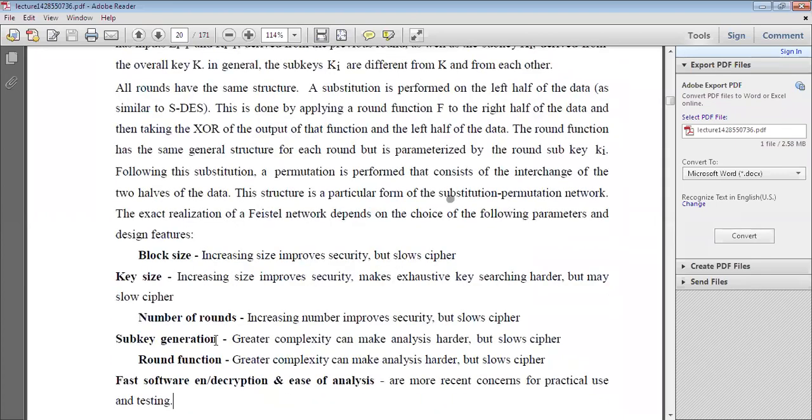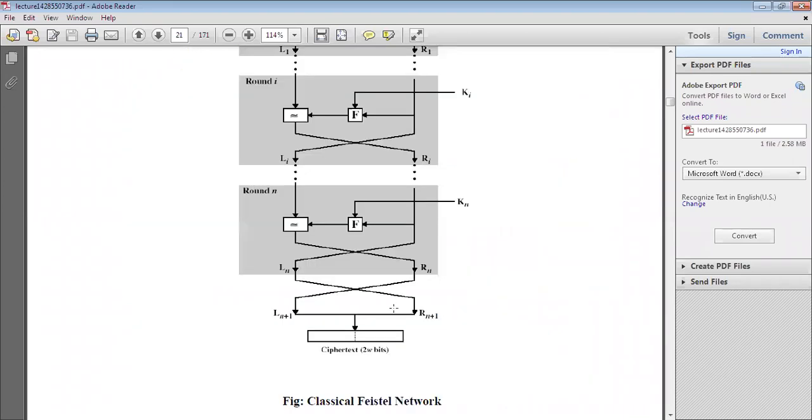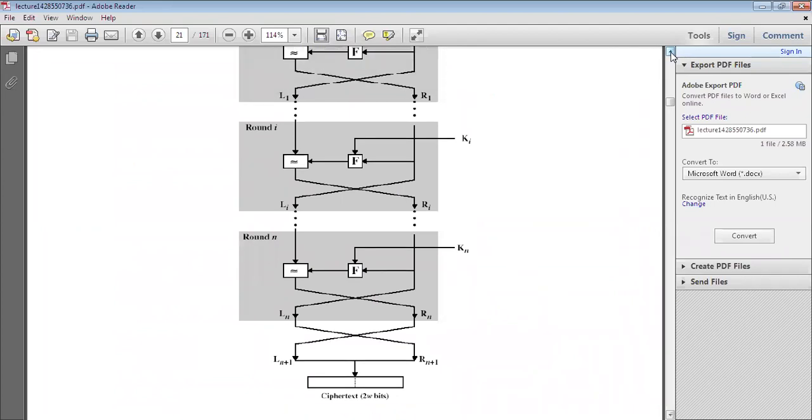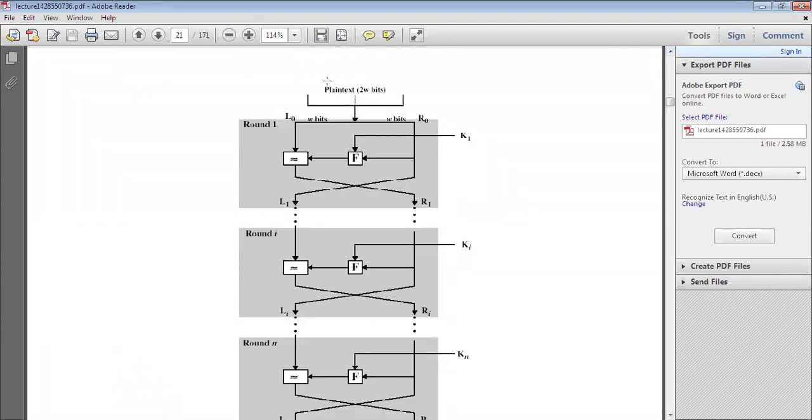See here, the Feistel structure you represent like this. This is the classical Feistel structure. The entire plaintext is 2w bits. Half of the bits we represent as L0, and half as R0, the left bits and right bits.